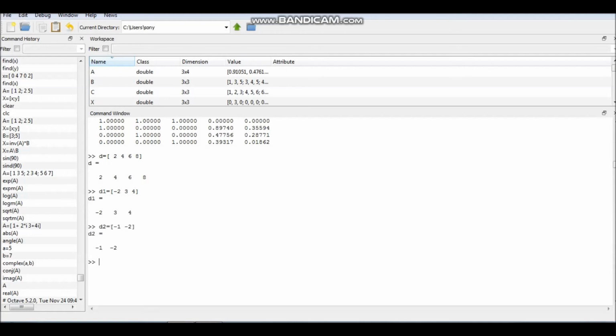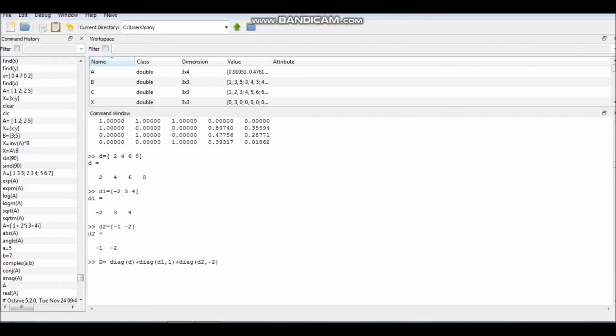So I have 3 vectors D, D1, D2, and now if I want to generate a matrix D, I write the command diag D, which means I want to place the D vector on the diagonal of matrix capital D. Then I want to place D1 on the first upper diagonal, D1 comma 1, and then D2 on the second lower diagonal.